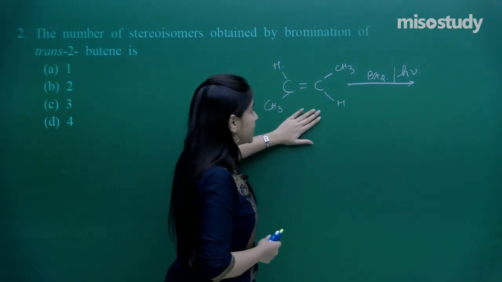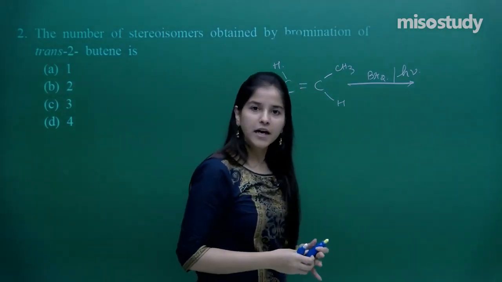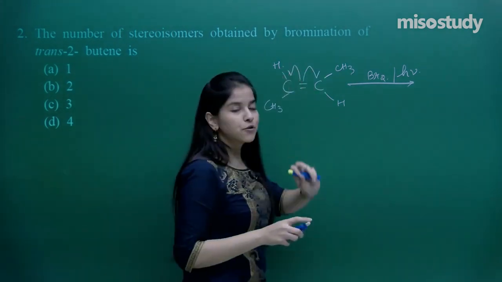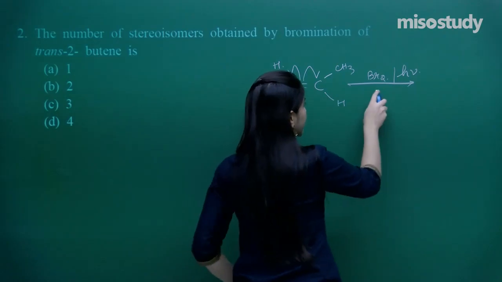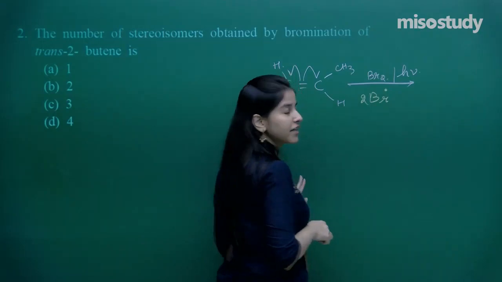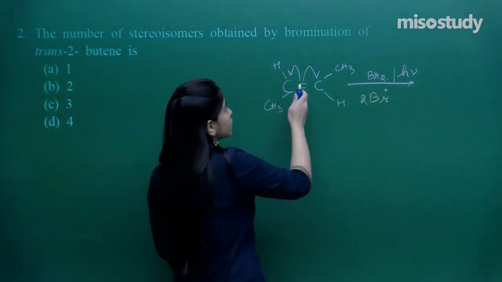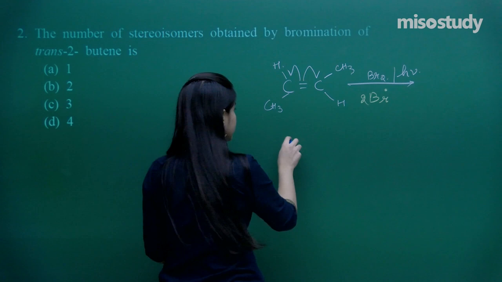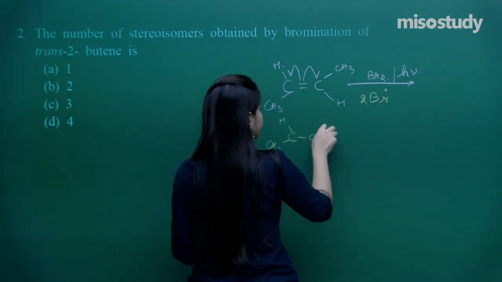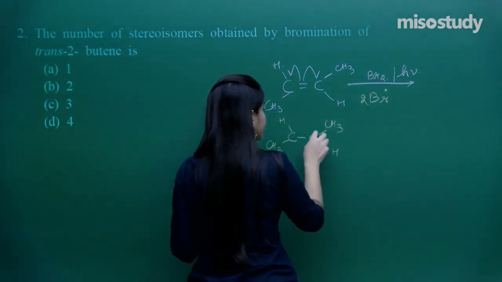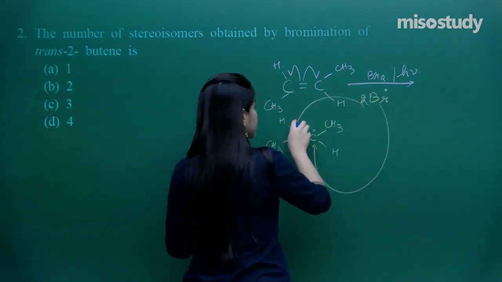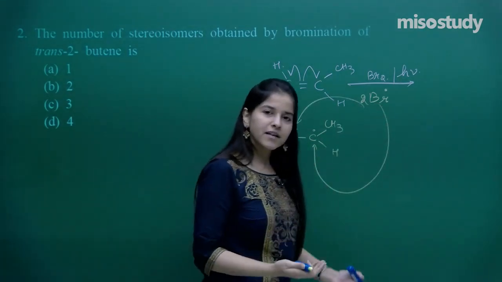So over here, if you see, what is bromination? I need to brominate this very double bond. If I try to consider the free radical mechanism, what do we get? Twice Br free radical we get, that is all we know. And over here as well, we get 2 free radicals. That means something like this. So that is how we are getting the radicals. So either the bromine gets attached here or the bromine gets attached here. So these are the only possibilities.